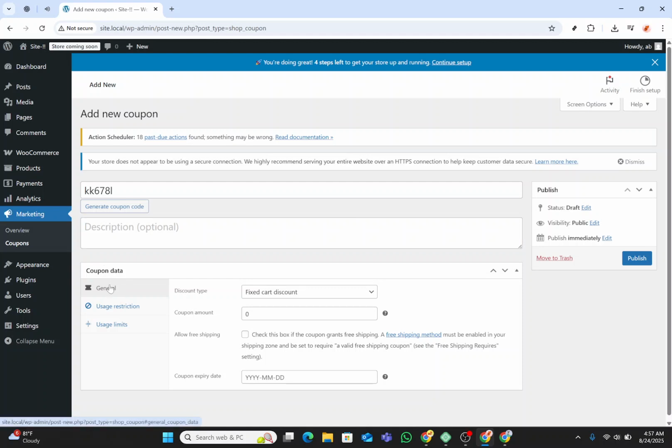After your description is set, direct your attention to the General tab. Here you will configure the coupon's core settings. Under the General section, find the Allow Free Shipping option. Make sure to enable this feature right away by checking the corresponding box. Enabling free shipping is an alluring offer that can significantly increase cart values, as customers often purchase more to qualify